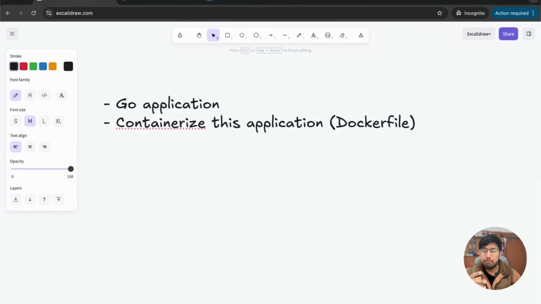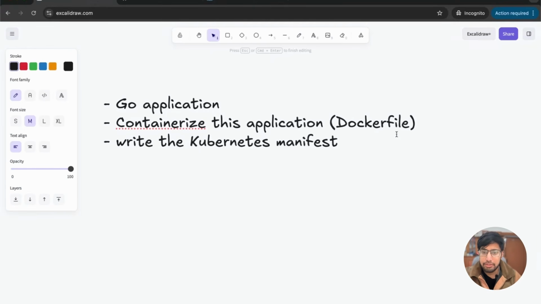Once you have built that image and you have pushed it to your registry, all you're going to do is create the Kubernetes manifest that would take this application to run on your cluster. So you will do what? You write the Kubernetes manifest. That's very simple. Now, this application is working perfectly in your cluster. But in actual production, what happens is this application needs to be deployed